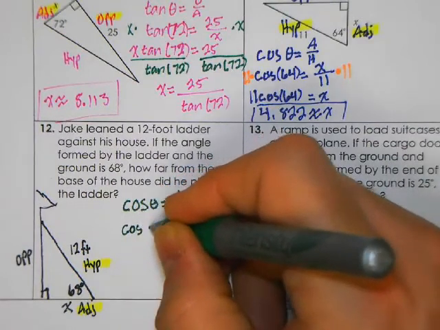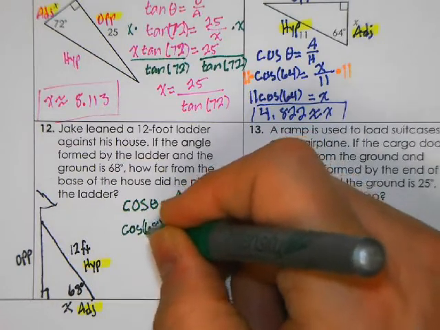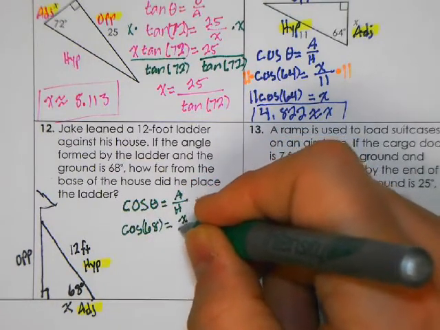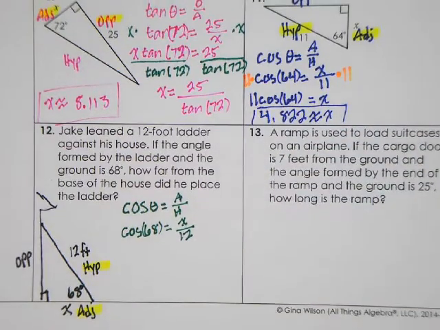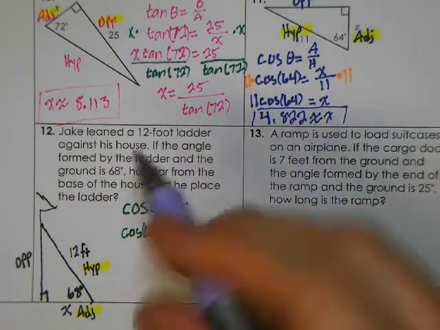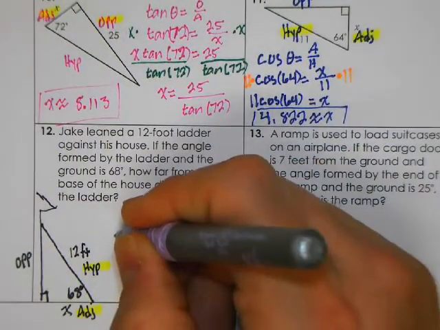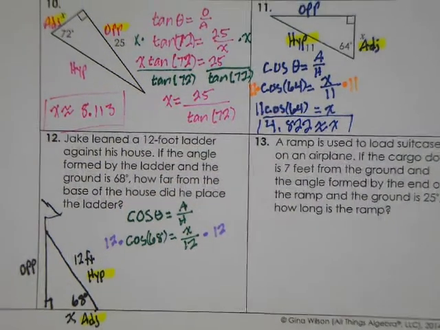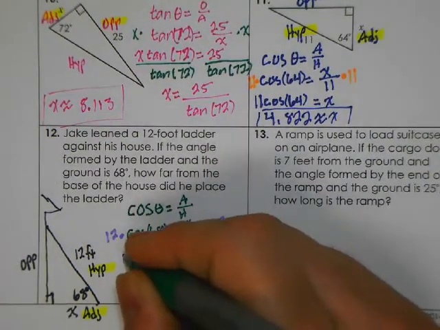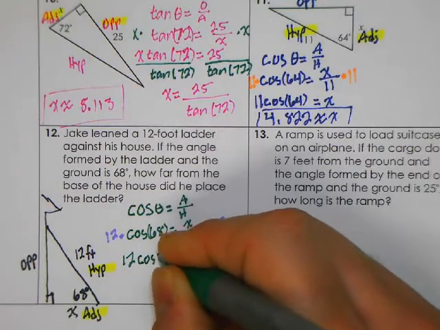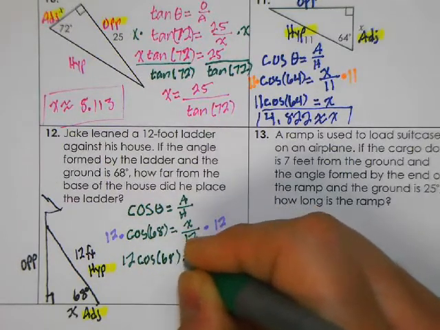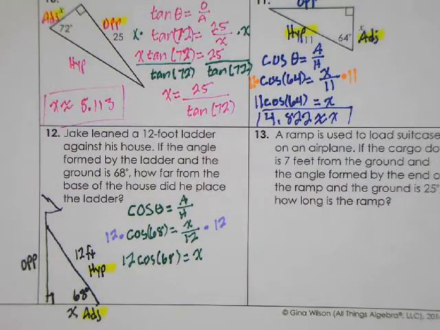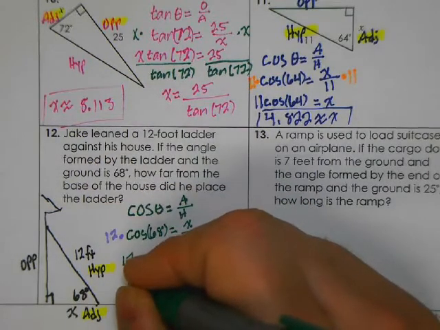So plugging in our numbers here, we're going to say cosine of 68 is equal to the adjacent side, which we don't know, over the hypotenuse, which is 12. And again, some simple algebra. Multiply both sides by 12 to get it away from the variable, since it's in the denominator. And we're going to end up with 12 times the cosine of 68 equal to x. And at that point, it's just a calculator exercise. Plug it in. So 12 cosine of 68, and I am getting approximately